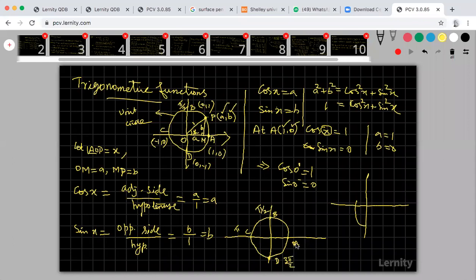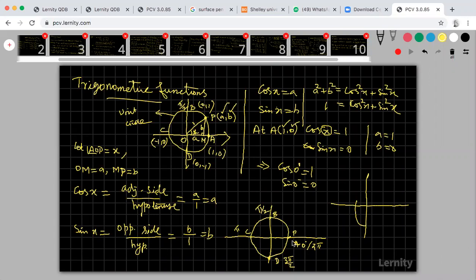Suppose at this point, you may consider 0 degree, or 2 pi also, 2 pi radian, 360 degree. So therefore, if you take a point P here, it may be considered as 0 degree or one full revolution, that is 2 pi radian or 360 degree also. So it is based on our consideration. If you consider without any revolution it is 0 degree. If you take one full revolution, that is 2 pi radian, otherwise 360 degree.